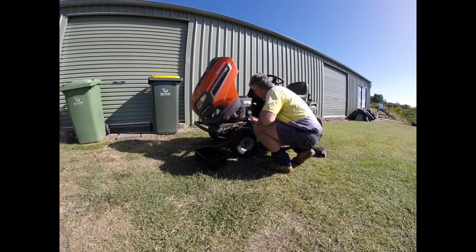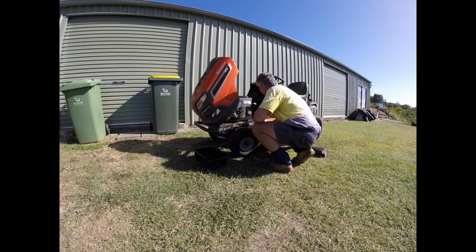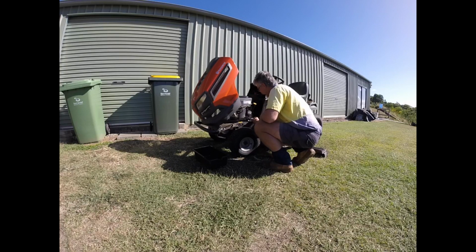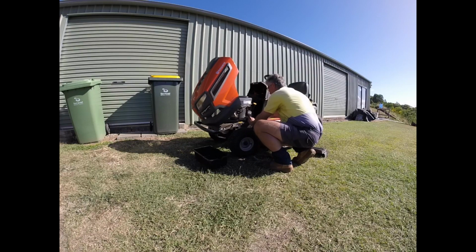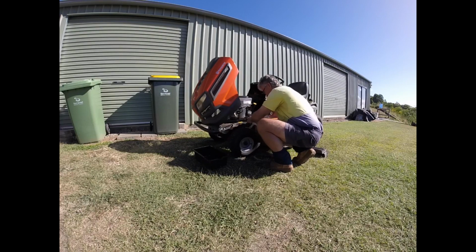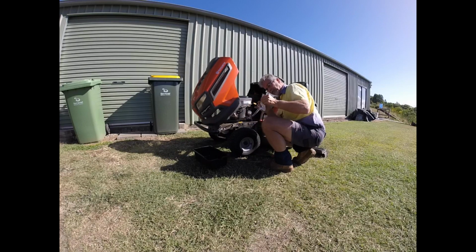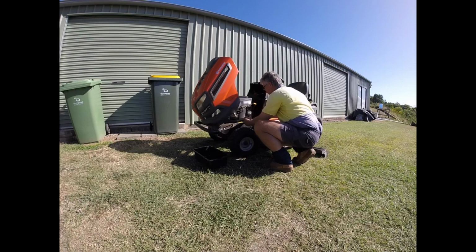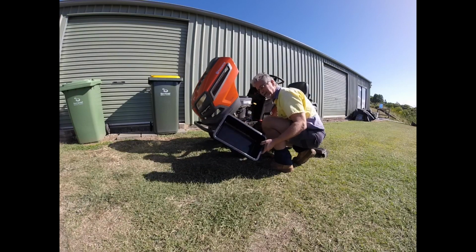Okay, give this a little bit of a clean here. On this machine, this drain plug is plastic, not metal, so you've got to be a little bit careful with that so you don't get a bit over excited and end up damaging the plastic components. So Husqvarna give you this special tool here called a piece of plastic pipe that you put over the end of the drain,